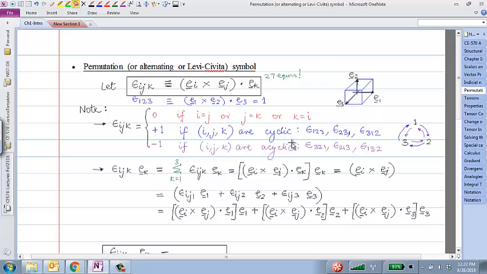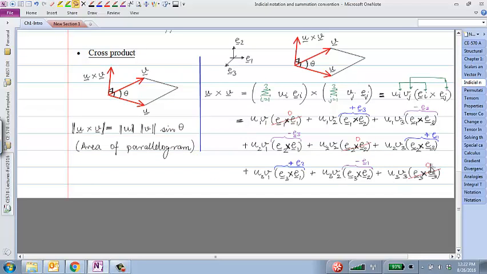So in that way, these are the only 6 non-zero values of this permutation symbol. Even though there are 27 possible values, 21 of them are zero, only 6 are non-zero, and that allows us to write an expression something like this